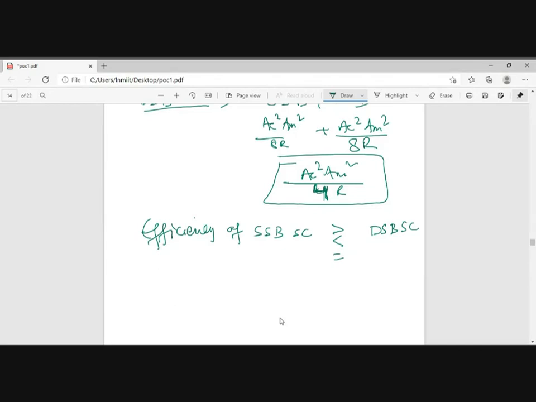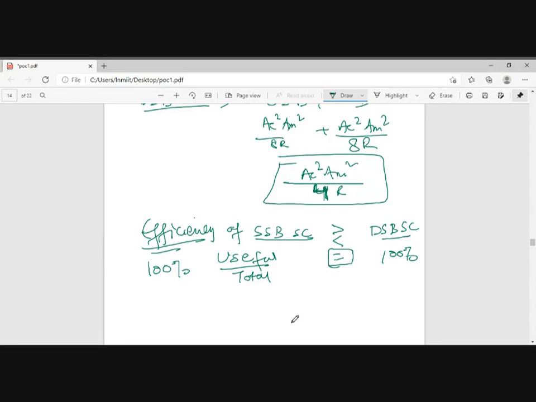तो किस पे मार्क करोगे? एफिशिएंसी की बात कर रहे हैं. Equal to. इक्वल टू, क्योंकि काम की चीज मतलब यूजफुल अपॉन टोटल, दिस इज द एफिशिएंसी. इन SSB-SC इट इज 100%. इन DSB-SC इट वाज 100%, क्योंकि उसमें भी जो डबल साइड बैंड्स थे बहुत यूजफुल तो थे ही ना.